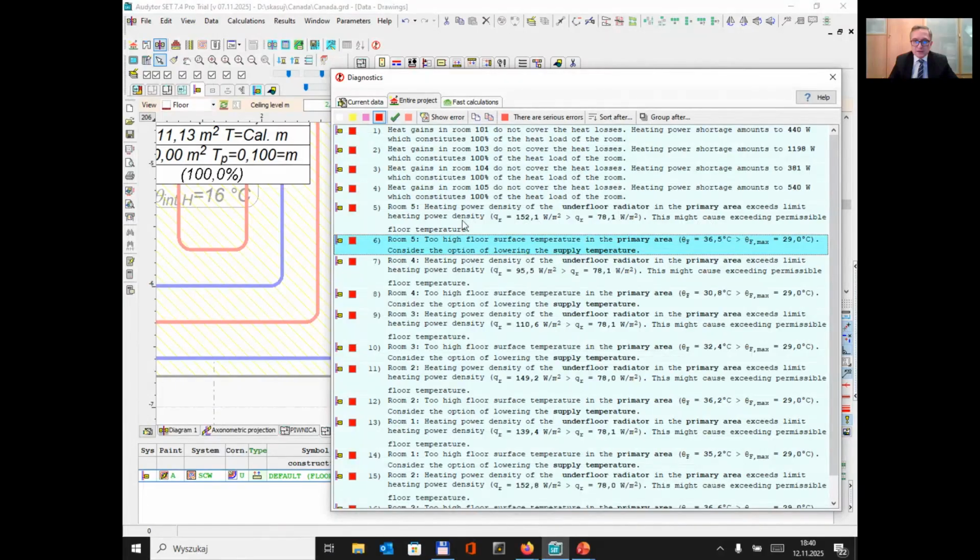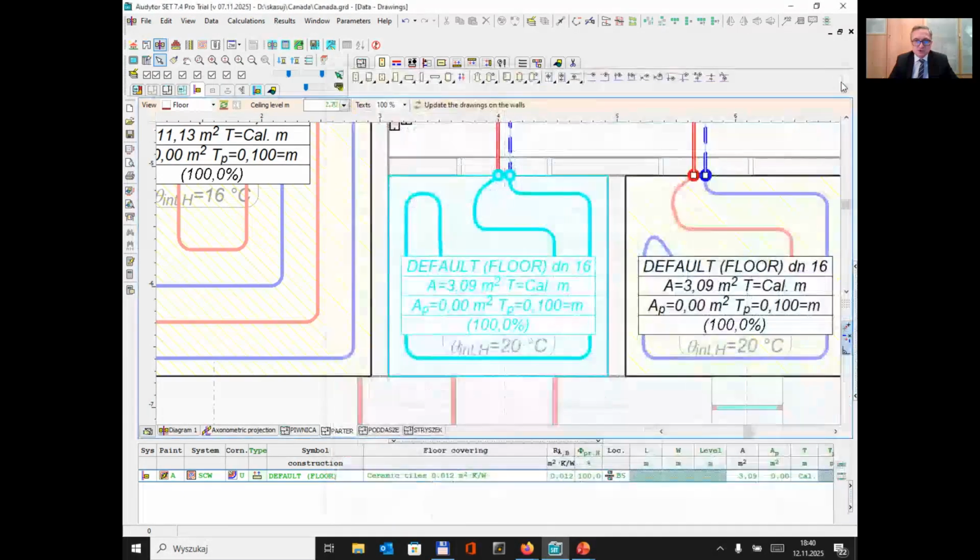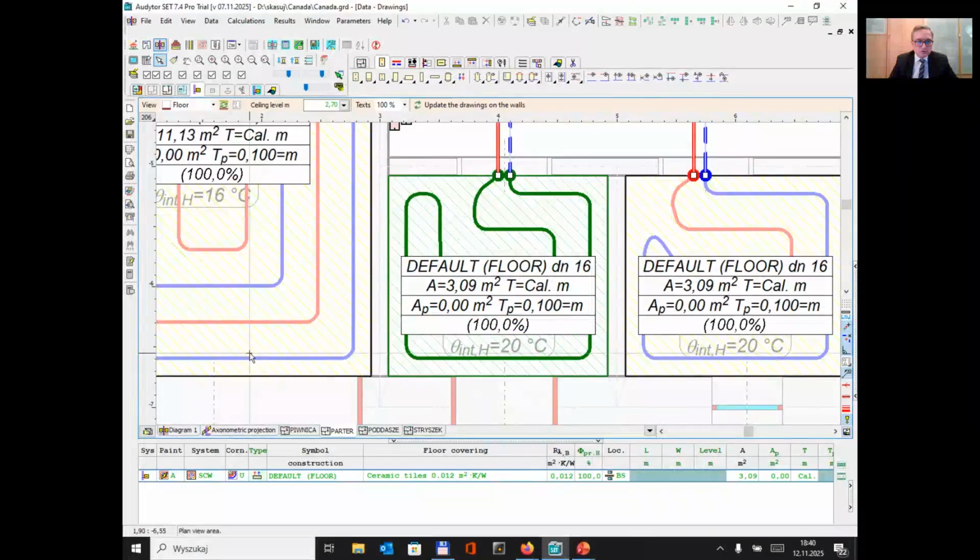Also, the power density exceeds this limit value. These two messages, in fact, are the same problem, just presented from a different perspective. The reason is very simple. As I told you, this temperature is much too high. So to correct this problem, we have to go to